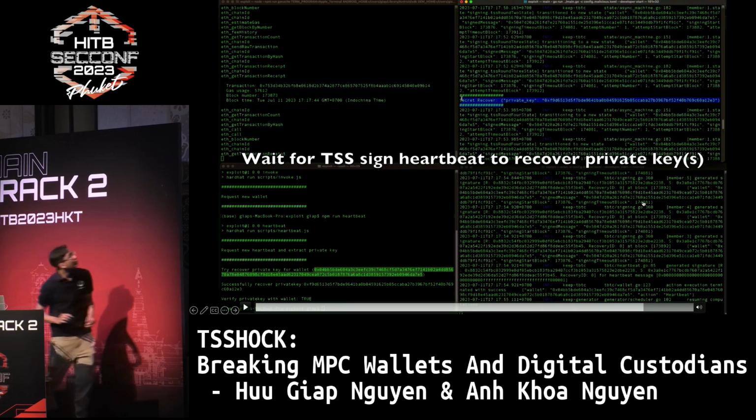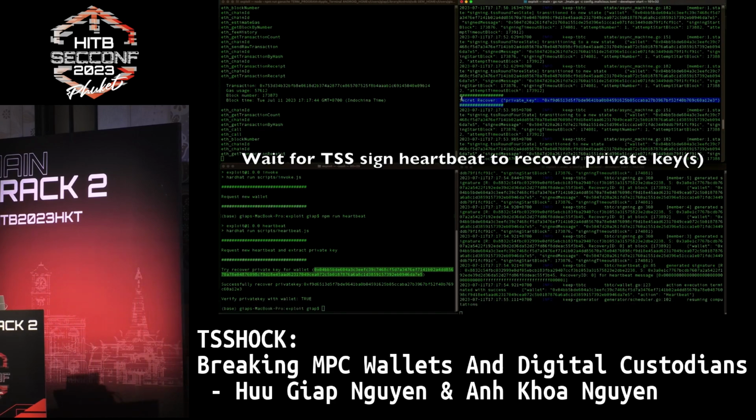So right here, when we recover the private key, this POC works. And that is the end of our POCs.